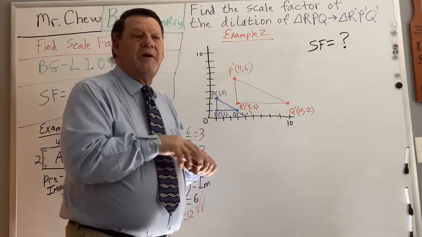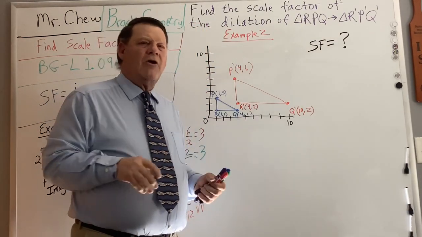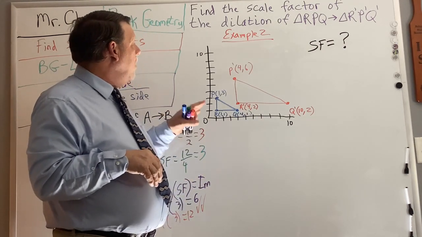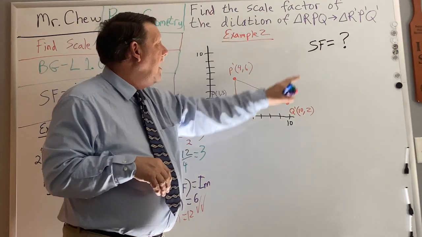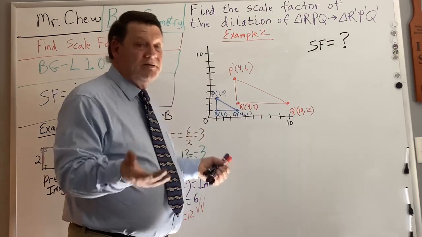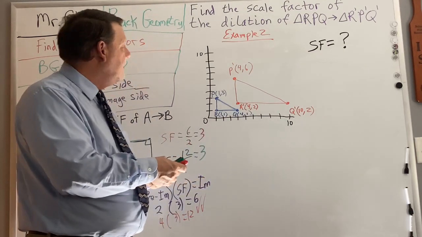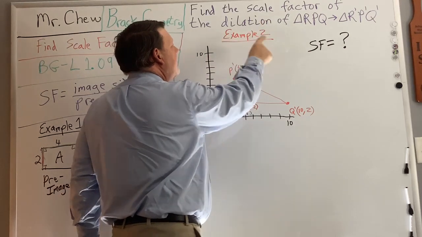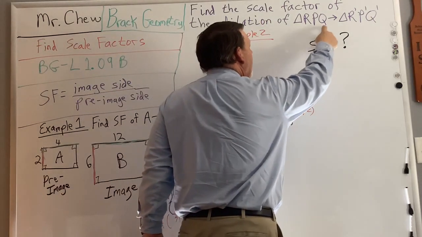Sometimes the problems get a little bit harder. So how would they get harder? They get harder because sometimes you have to have a situation where you're on a coordinate grid, and that's example 2 here. So example 2 on this coordinate grid, it says find the scale factor of the dilation from triangle